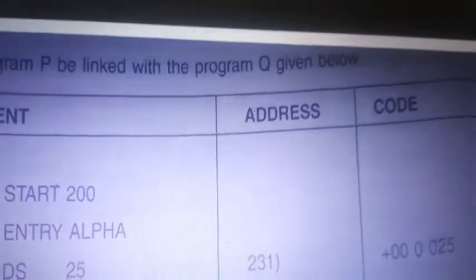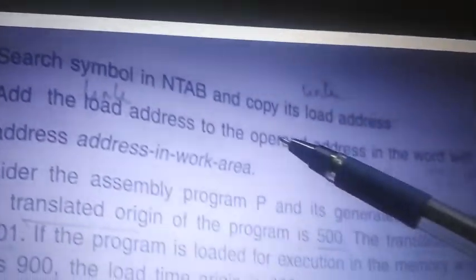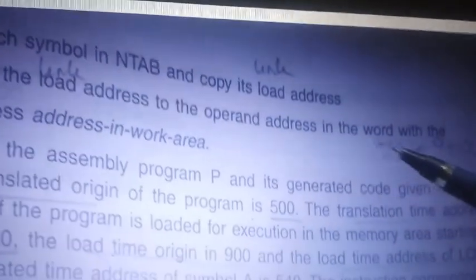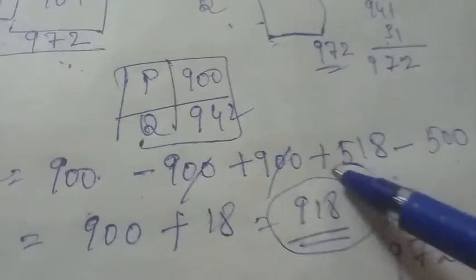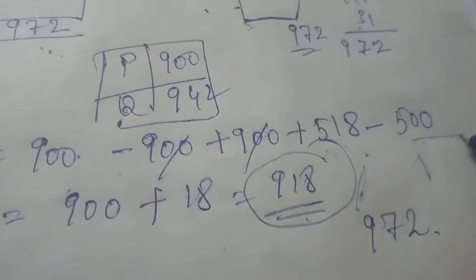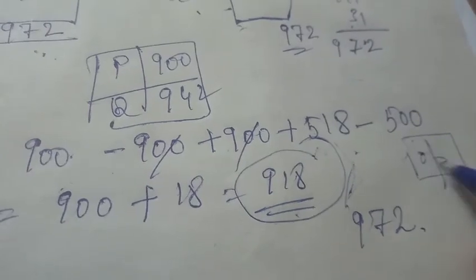So the next step, that is the last step: add the load address to the operand field of the word with the work area. So what is the work area we got? Work area is 918. In work area 918, what you have in the operand field, add that to the load address.